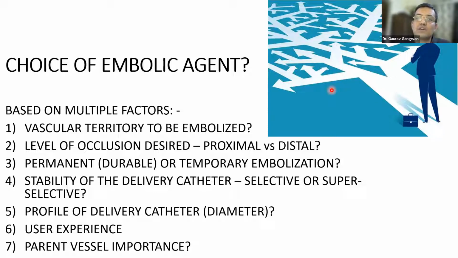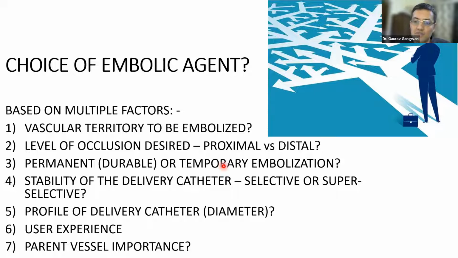And many of them are compatible with most of the microcatheters we use. So it's a tough question, and it's based on multiple factors like the vascular territory that has to be embolized, whether the parent vessel from which the bleeding source is arising can be sacrificed or needs to be preserved, the level of occlusion desired, whether you need a proximal occlusion or a distal end organ occlusion of the capillary bed to achieve shrinkage,